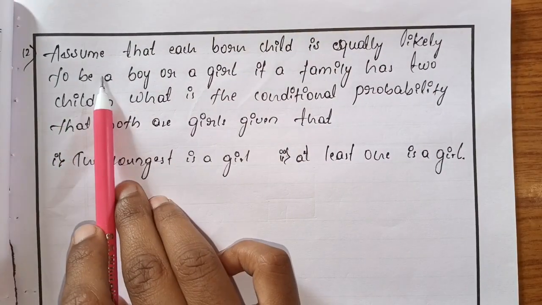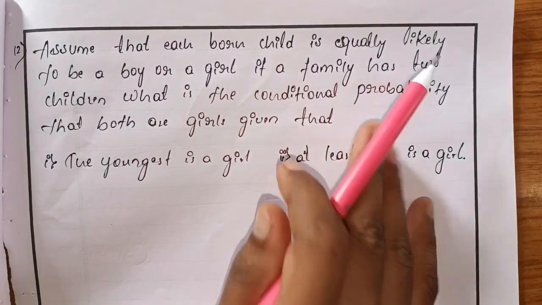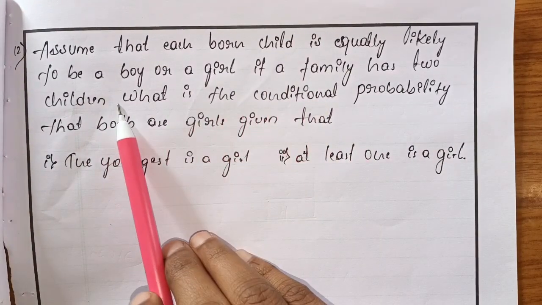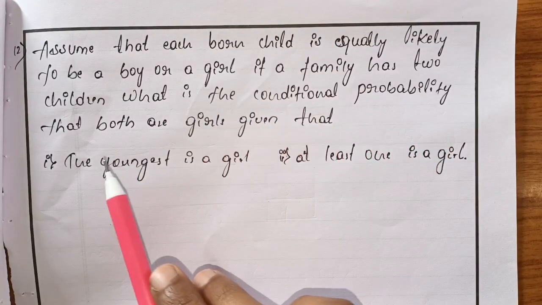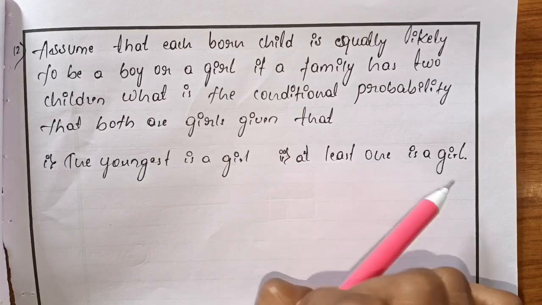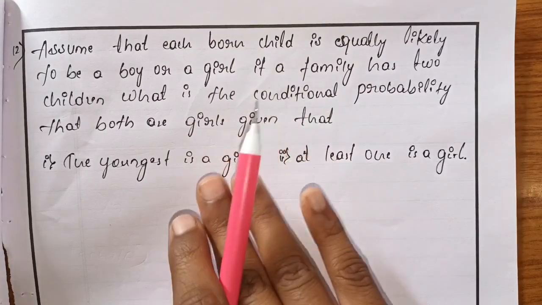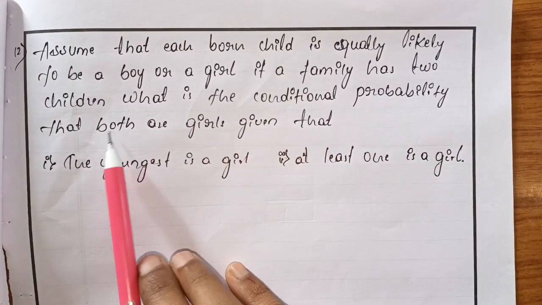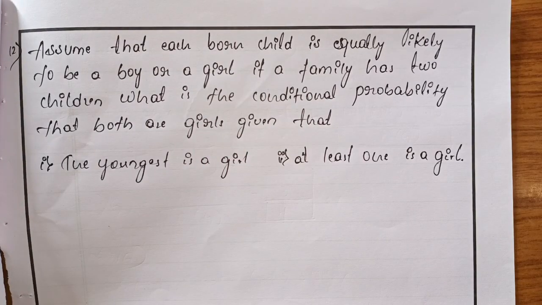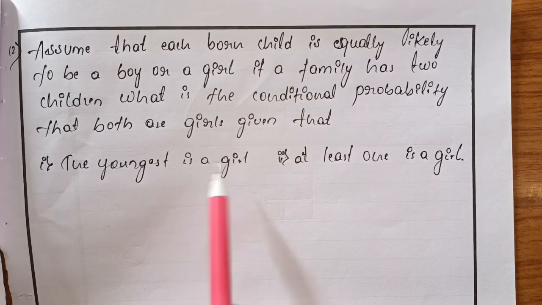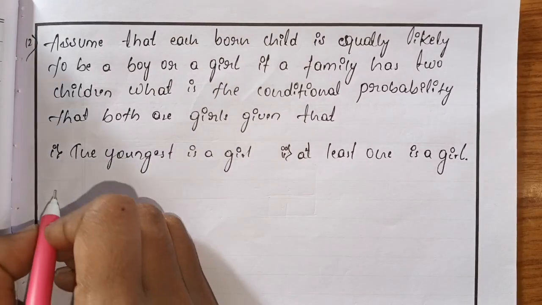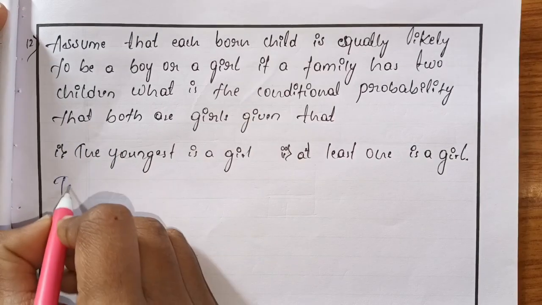12th question. Assume that each born child is equally likely to be a boy or girl. If a family has 2 children, what is the conditional probability that both are girls given that the youngest is a girl, or at least one is a girl? In this question we find out the conditional probability. Let's take the example of a family with 2 children. Then we find out whether the youngest is a girl or at least one is a girl. The total sample space is